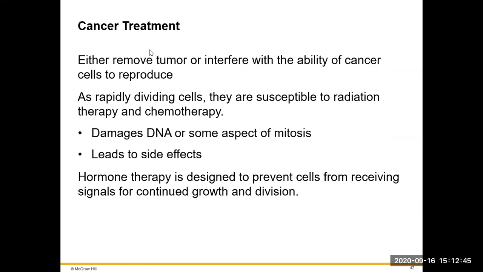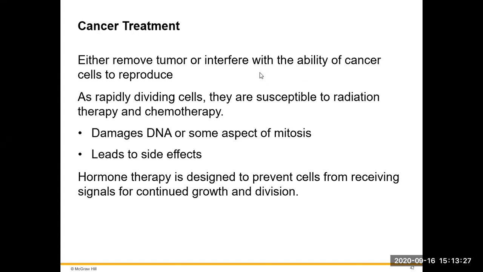Can we treat cancer? Obviously, we can treat cancer by removing the tumor if it didn't metastasize already, or we can interfere with the ability of cancer cells to reproduce. One thing you need to know is cancer cells are not strong compared to regular cells because they didn't finish the regular cells' development. They go to division before they finish their actual growth. The biggest problem is the uncontrollable cell division. You can actually kill them easily, but the division is uncontrollable.